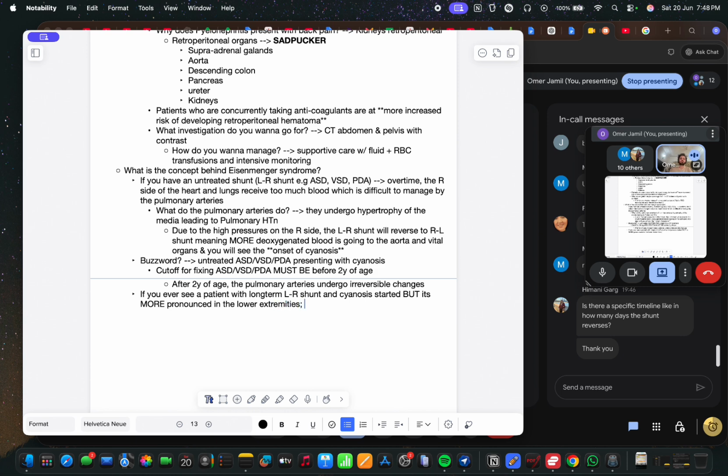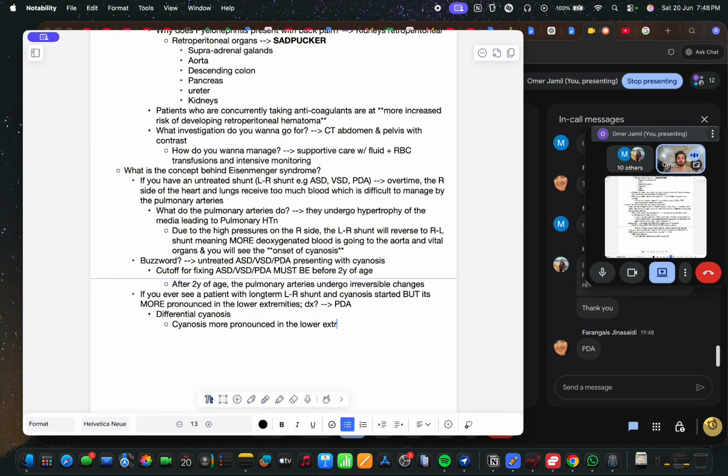What type of shunt was this? This was secondary to what? PDA. Excellent. So the concept here is differential cyanosis. Differential cyanosis means cyanosis more pronounced in the lower extremities as compared to the upper extremities. Extremely high yield